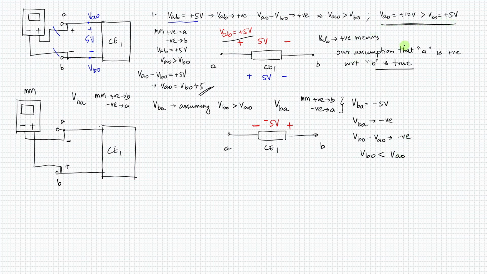Which is same as we have found here. VA0 is greater than VB0 is same as VB0 being less than VA0. Okay, but what does this mean actually? What does this mean? So you started with the assumption